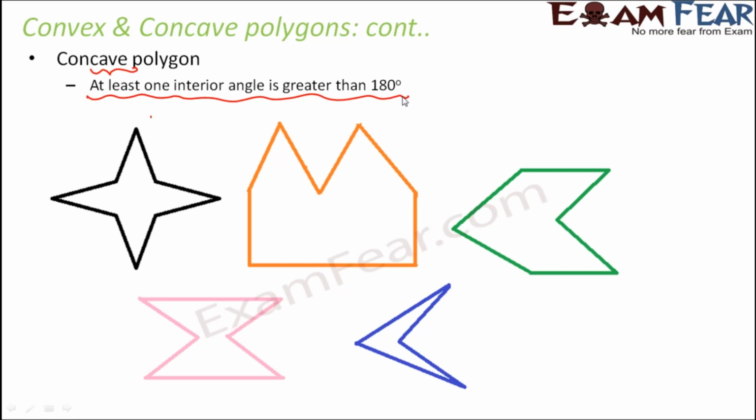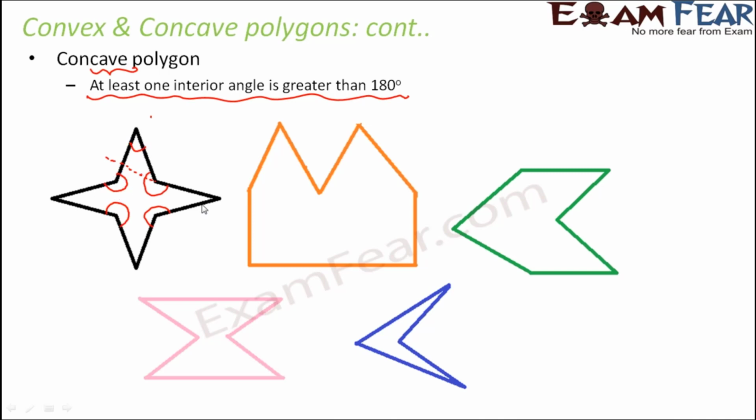So if one or more interior angles are greater than 180 degrees, then that type of polygon is a concave polygon. And the moment one of these angles becomes greater than 180 degrees, it forms a cave-like structure, as you see in the first image. Look at this angle. This is an interior angle. This interior angle is more than 180 degrees, because 180 degrees could have been somewhat like this till here. Since it is more than 180 degrees, it is forming this cave-like structure. Similarly, this angle is also more than 180, this is also more than 180, and this is also more than 180.